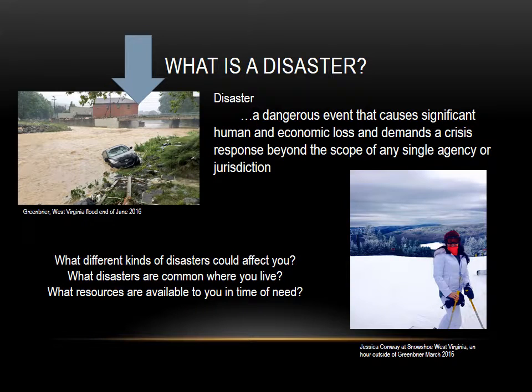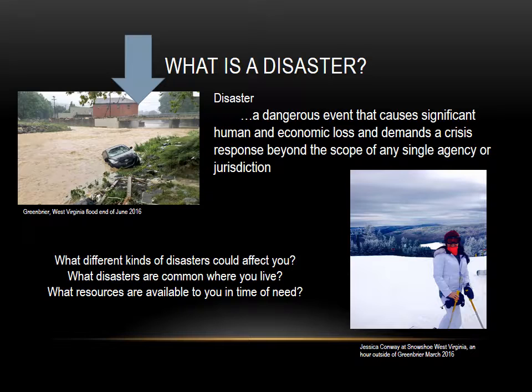Here to the left, you can see a picture of a flood that occurred in West Virginia. A flood is actually the most common disaster worldwide and is extremely devastating, as you can tell by the picture. Obviously, the storm surge and the floods have wiped away this car from its place, and there were severe devastations